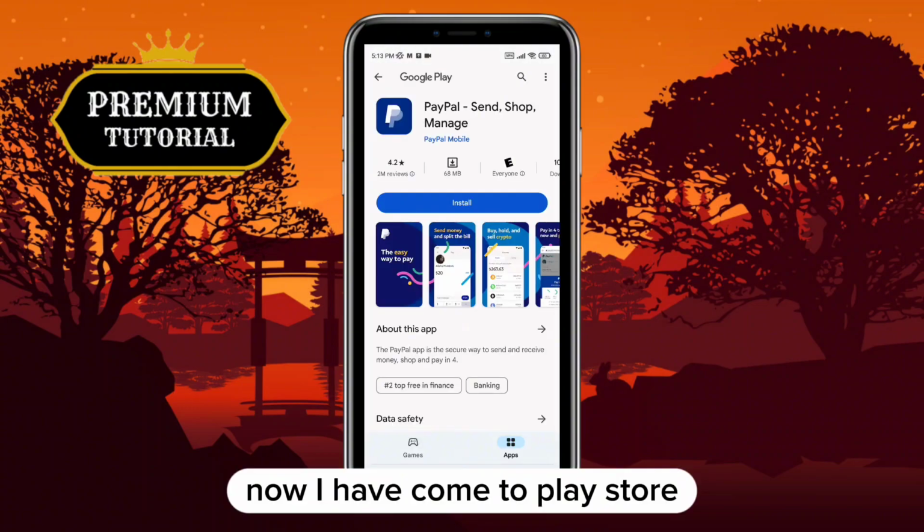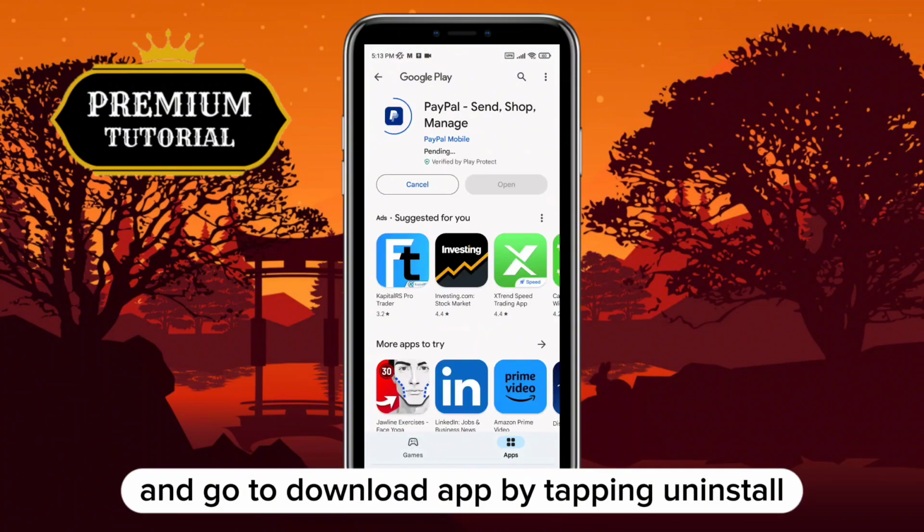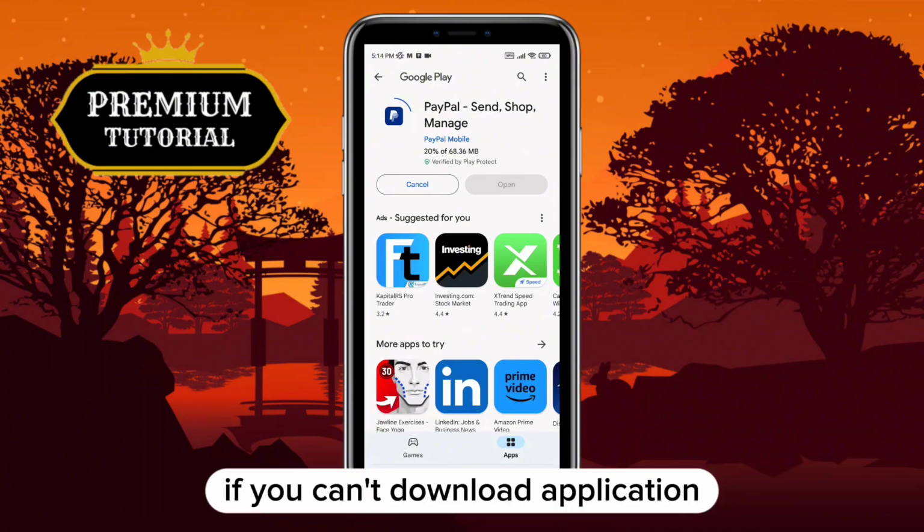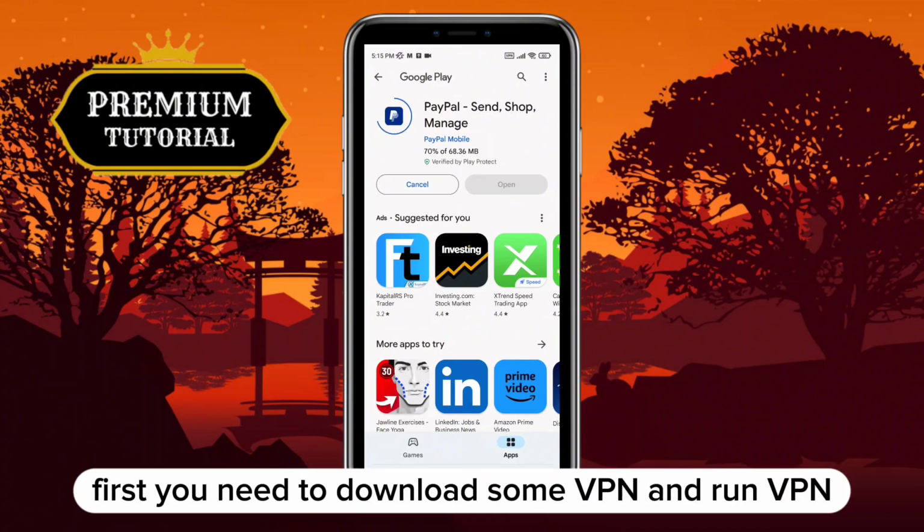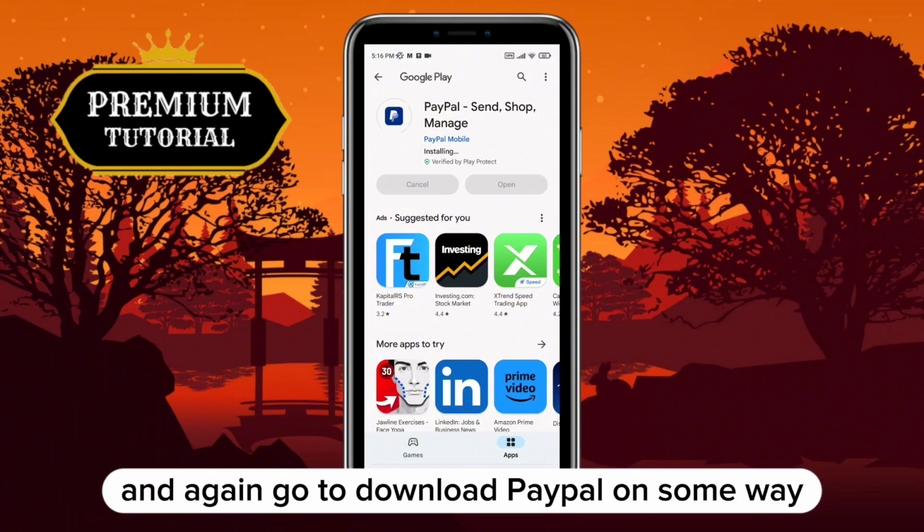Now I have come to the Play Store and go to download the app by tapping on install. If you can't download the application, first you need to download some VPN and run the VPN, and again go to download PayPal on some way,